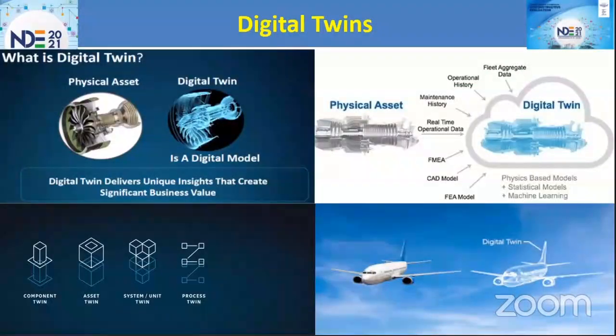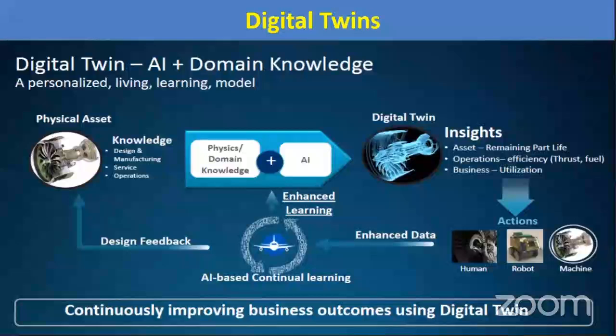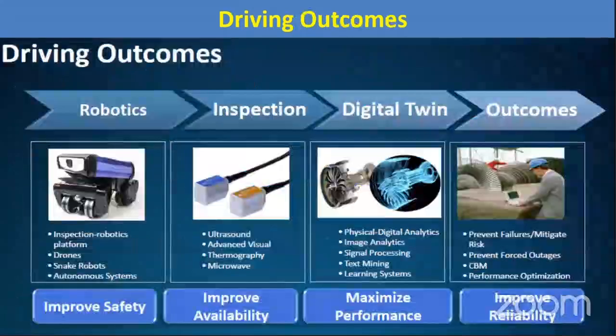Again, last but not the least, digital twins, also touched upon in some of the previous talks, cannot be done unless we talk about digital transformation and digitization. And digital twins are going to be the future, especially when we are talking about predictive maintenance and many other aspects. So it gives you very unique insights, which till today was not possible. So certainly we are going to see a big play of digital twins, where again we combine domain knowledge plus artificial intelligence and consistently help grow our knowledge base in that area.